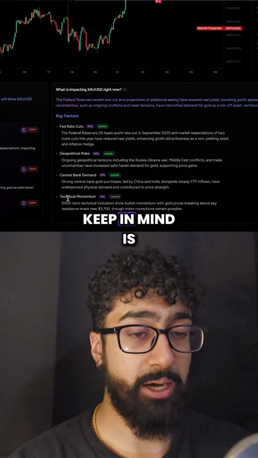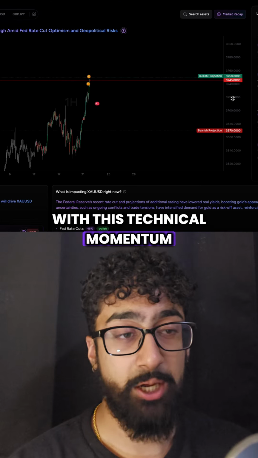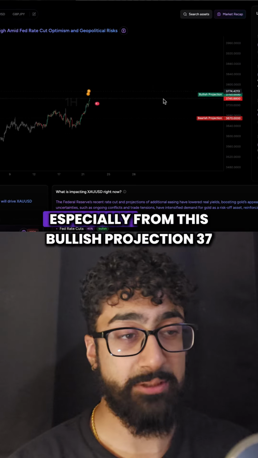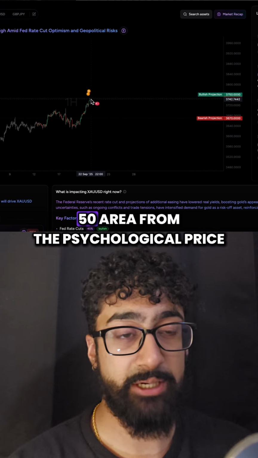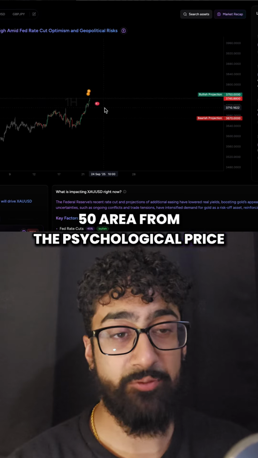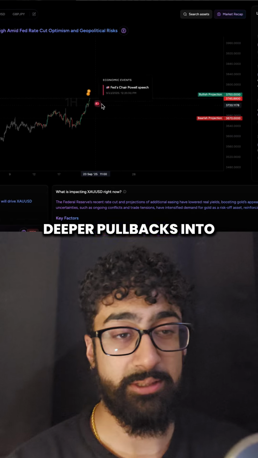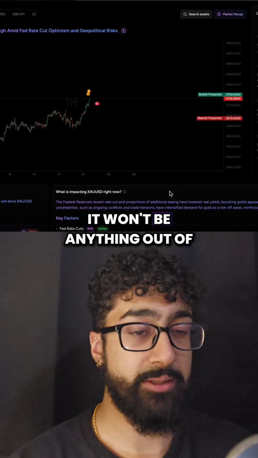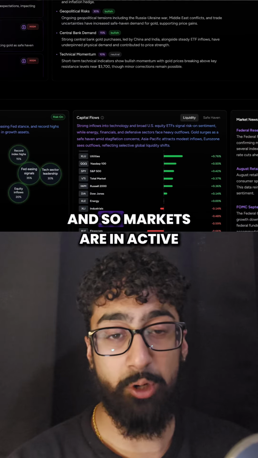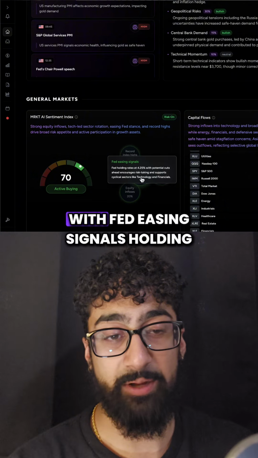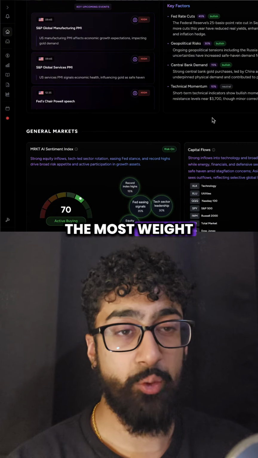And something to keep in mind is, with this technical momentum, we can see some pullbacks, especially from this bullish projection 3750 area, from the psychological price level. Well, if gold does see some deeper pullbacks into like the 3700s, it won't be anything out of the ordinary. And so markets are in active buying mode with Fed easing signals holding the most weight, which we know are